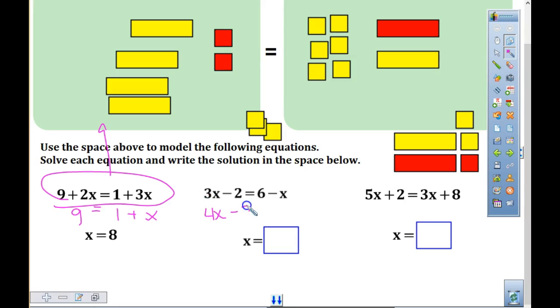4x, still minus 2, right? Equals 6. But now when I added that x, what do I have? What do I know about this right here? Negative x plus x. It's 0, right? So that canceled. By adding that x tile to both sides, that canceled out that side. And so now as I look at this problem,